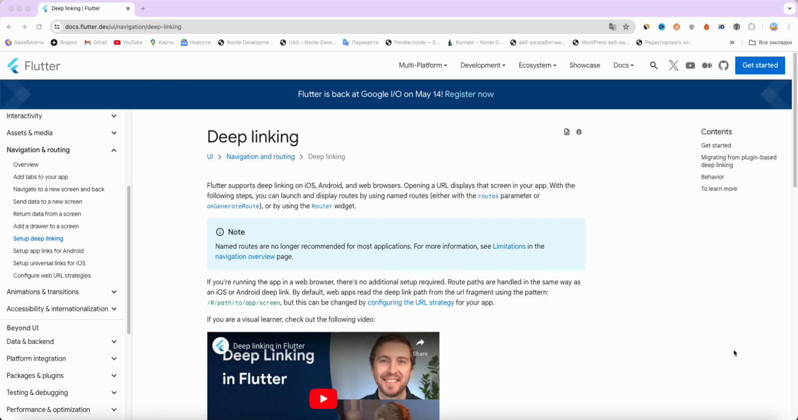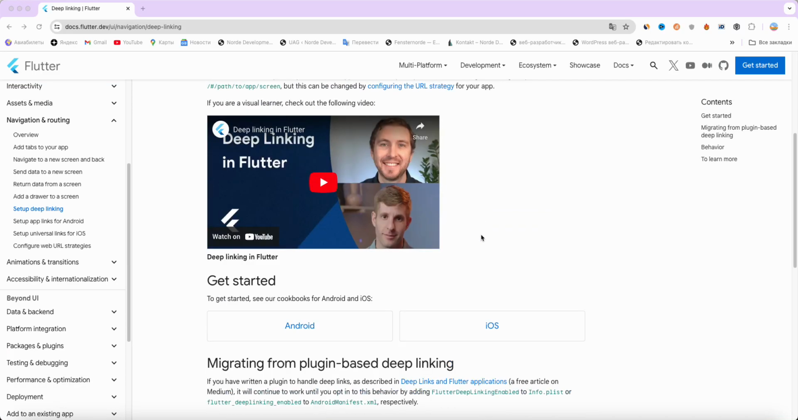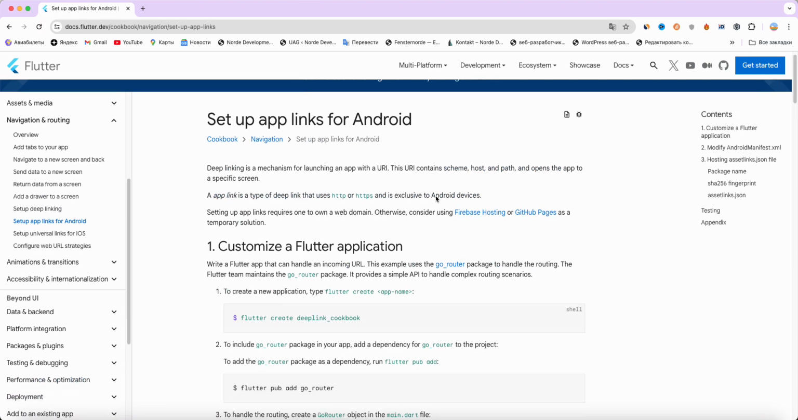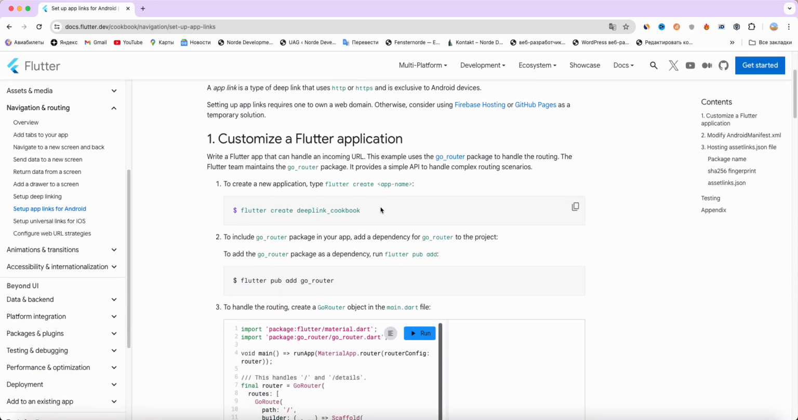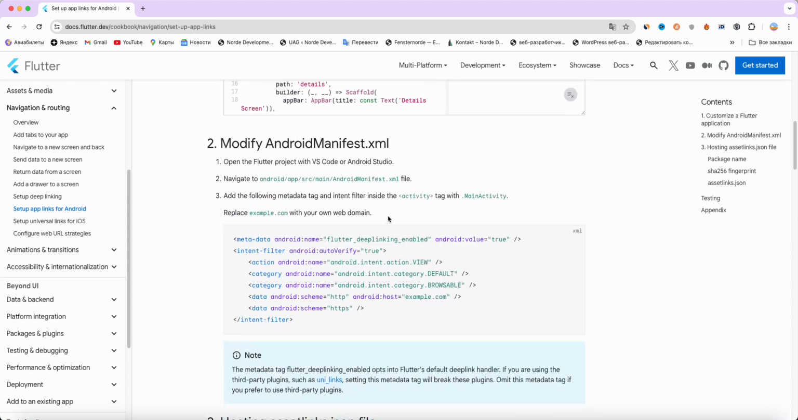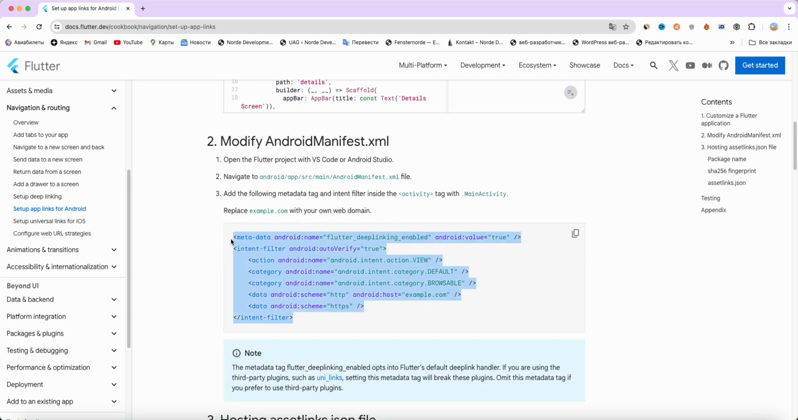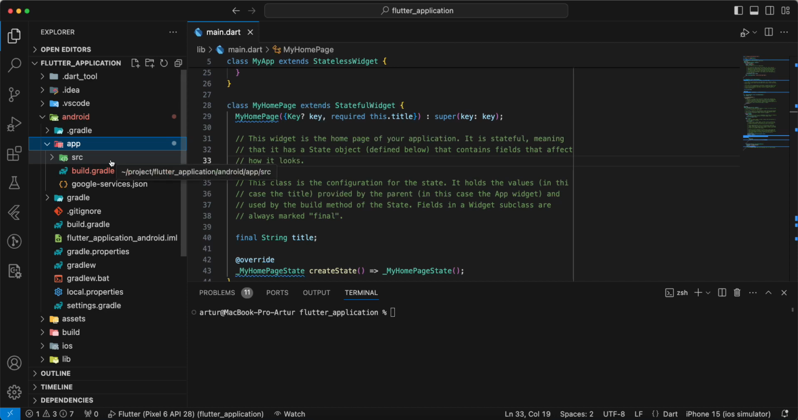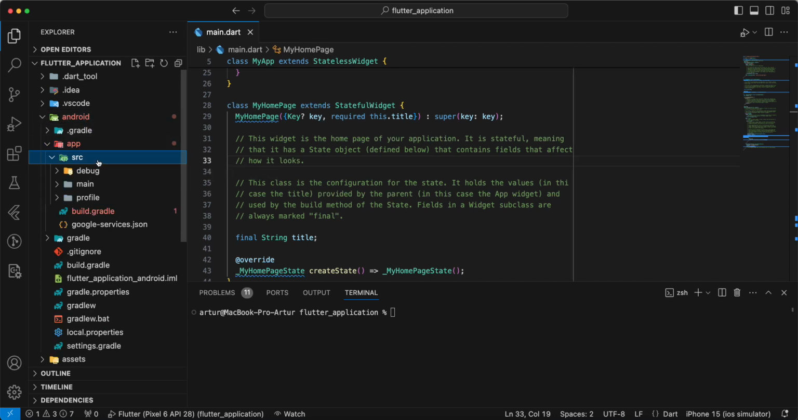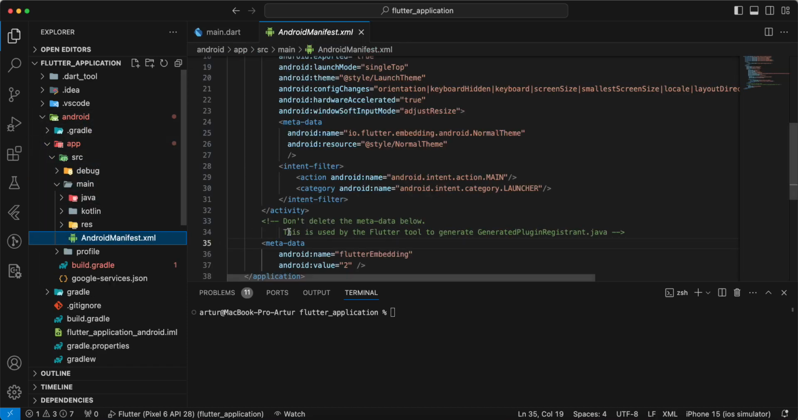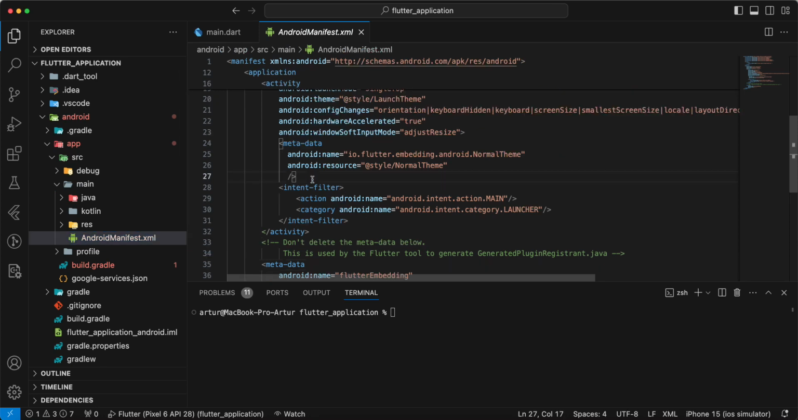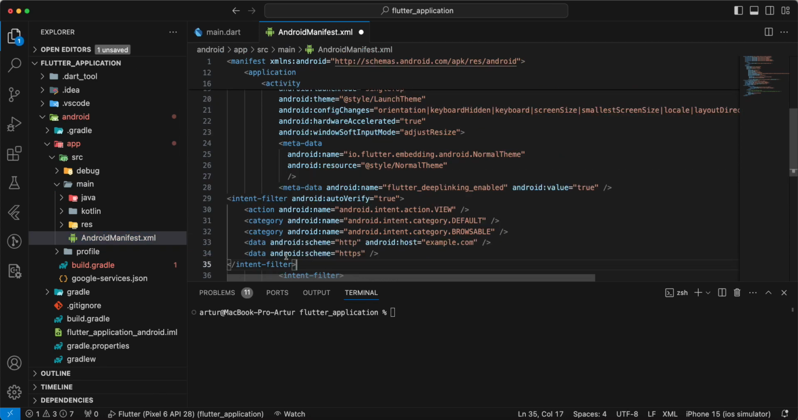In this video we speak about deep link in Flutter. Select Android, create a project, then add information to the Android manifest in the Flutter project: android, app, src, main, AndroidManifest. Then add information,